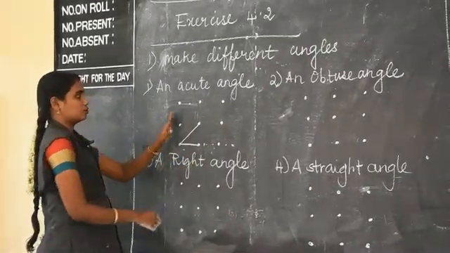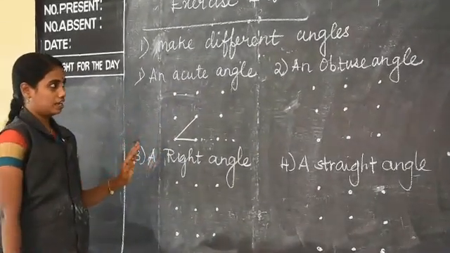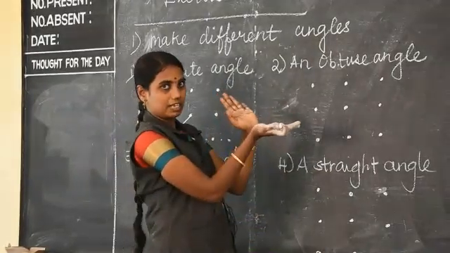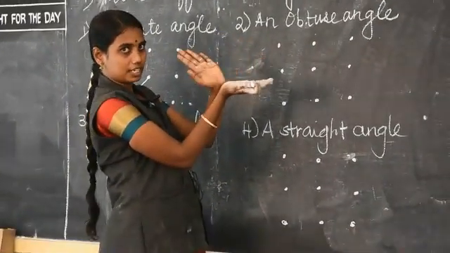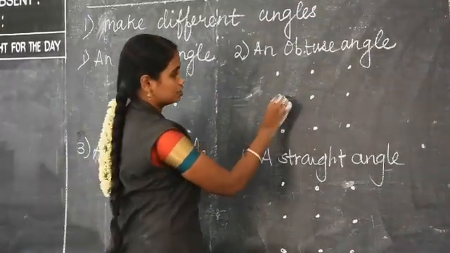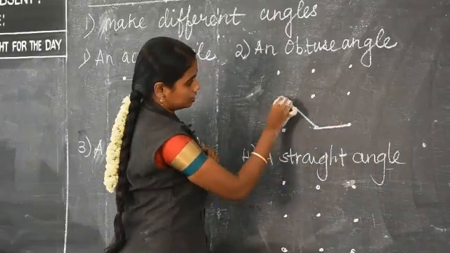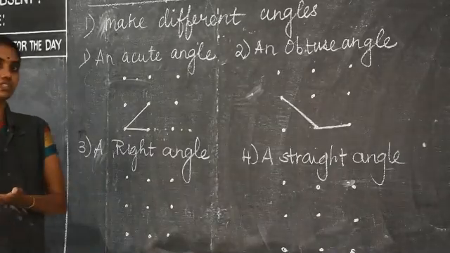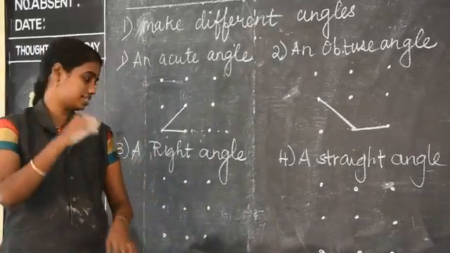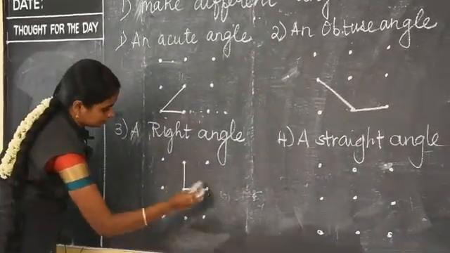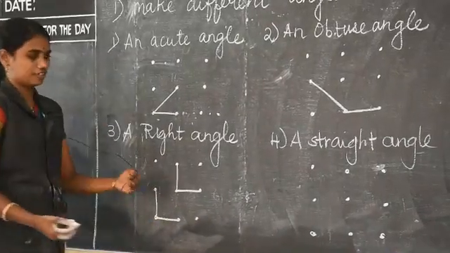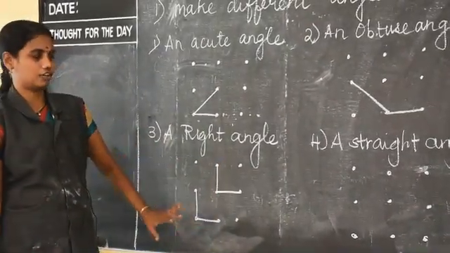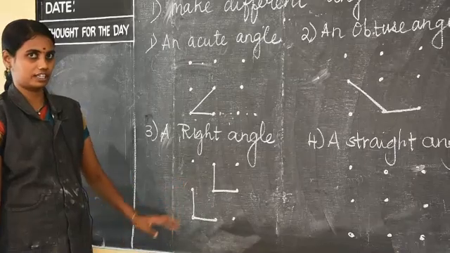Okay, just using the dot, I have drawn the acute angle. Obtuse angle will be like this. Acute means like this, obtuse means it will be like this. This is your obtuse angle. The right angle means which has 90 degree. This is your right angle. You can draw more just using the dot. As you like, you can draw the angle.